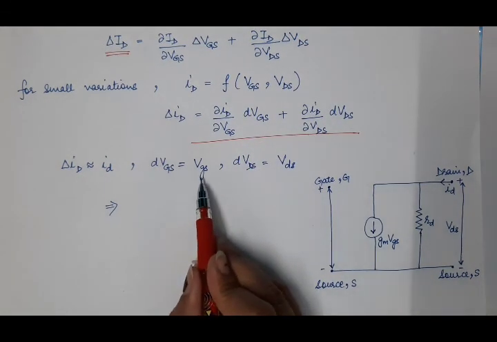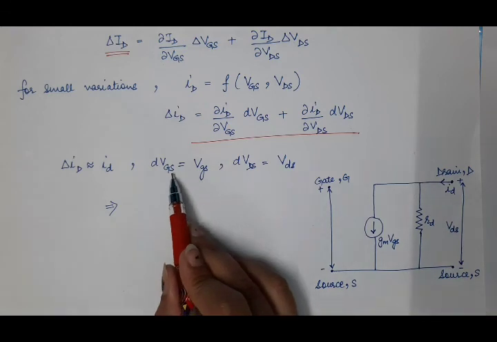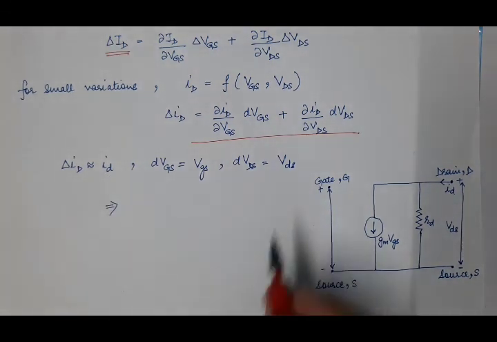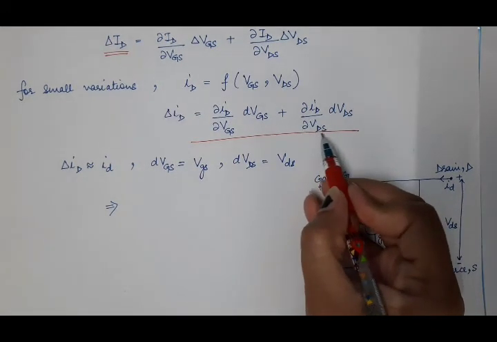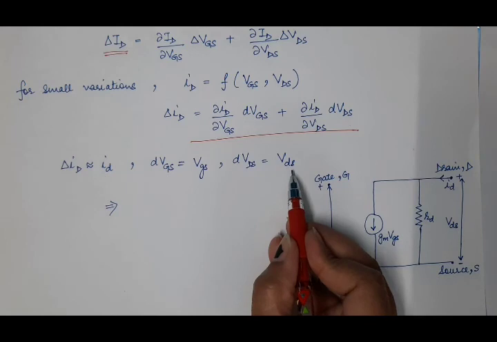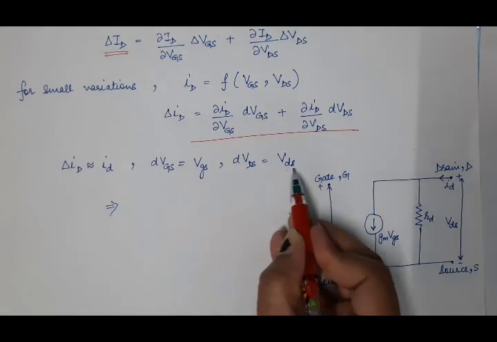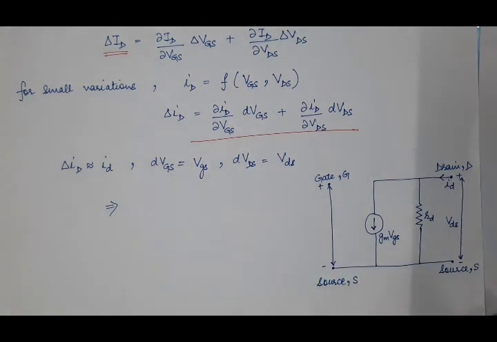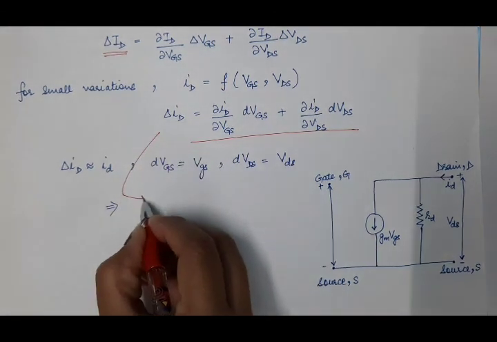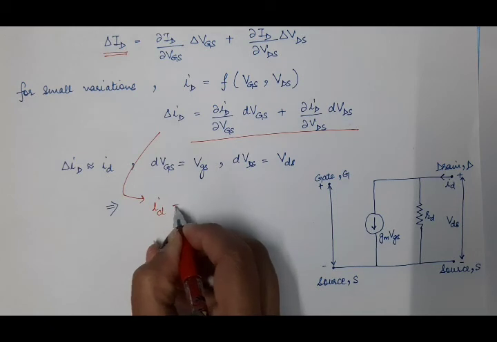Capital G is replaced by small g, capital S is replaced by small s, and capital D is replaced by small d. Similarly, this change in drain source voltage is represented by vds, because it is the change corresponding to the small signal. So this equation will become id is equal to